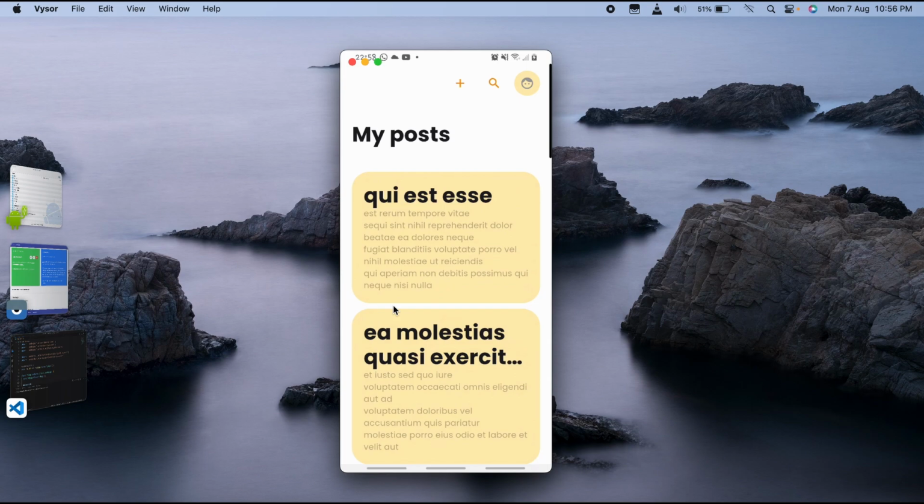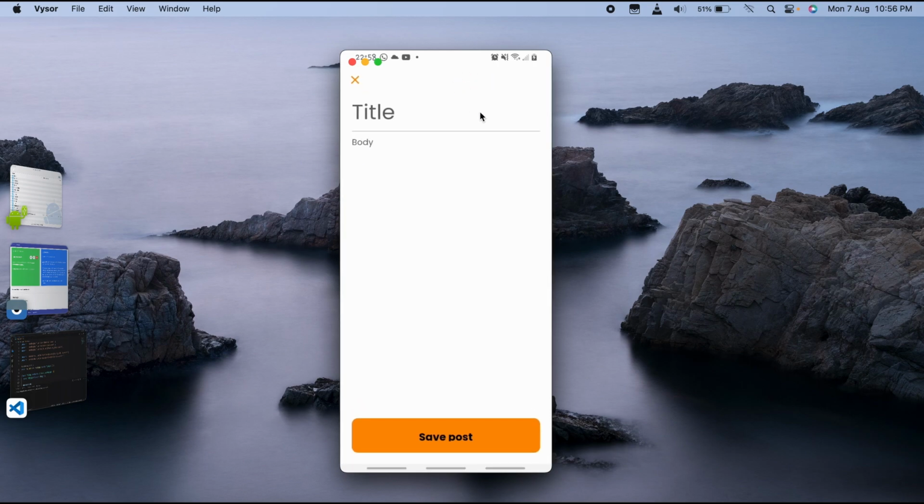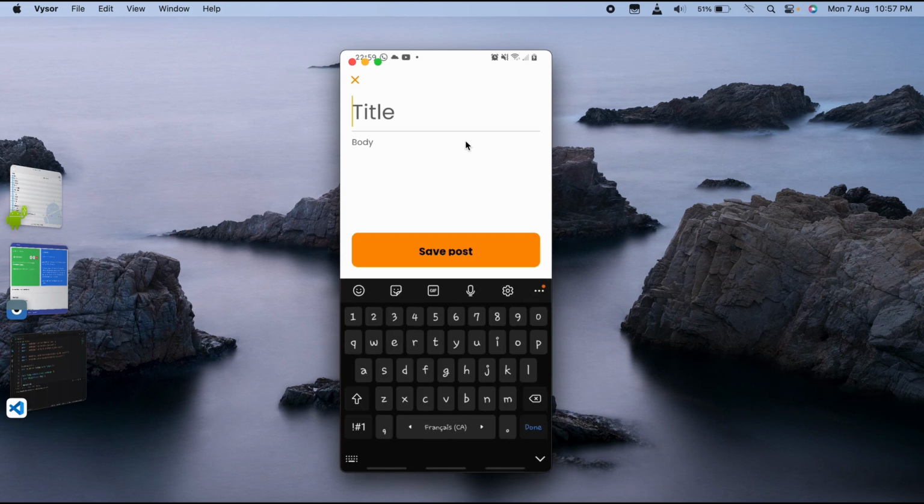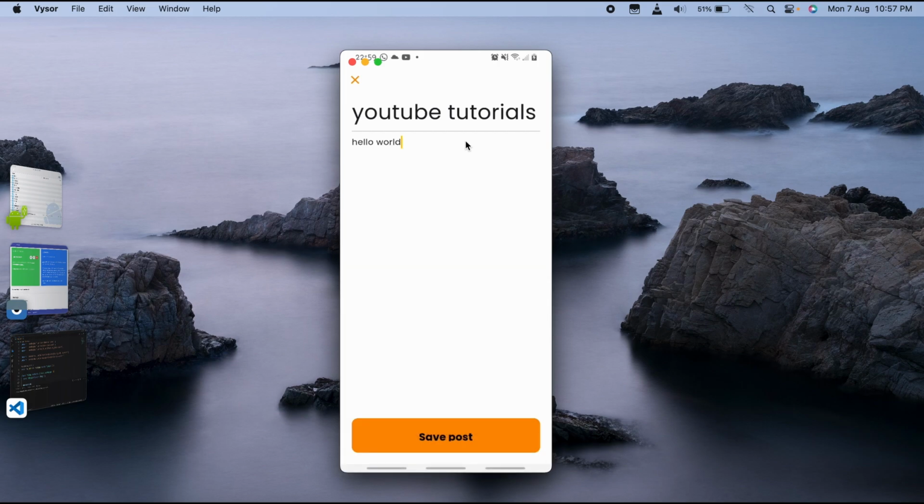Beside that, the user can also create a post. All we have to do is come here on this add button right here, and once the user clicks there, this page will be displayed with a space for the title and a space for the body. Let me write here something like YouTube tutorials, and for the body we're going to say hello world. Okay, so let me save,